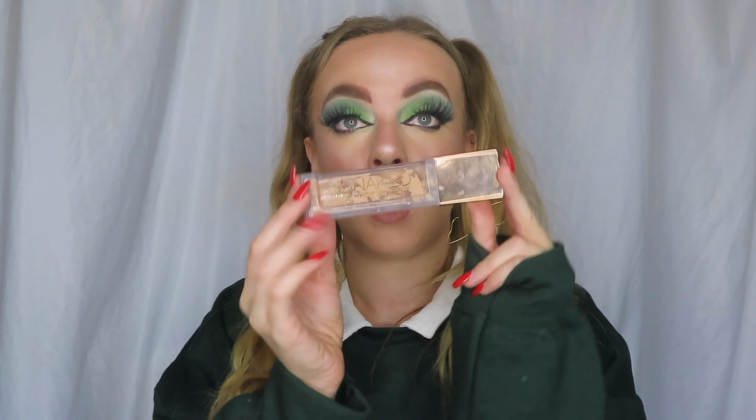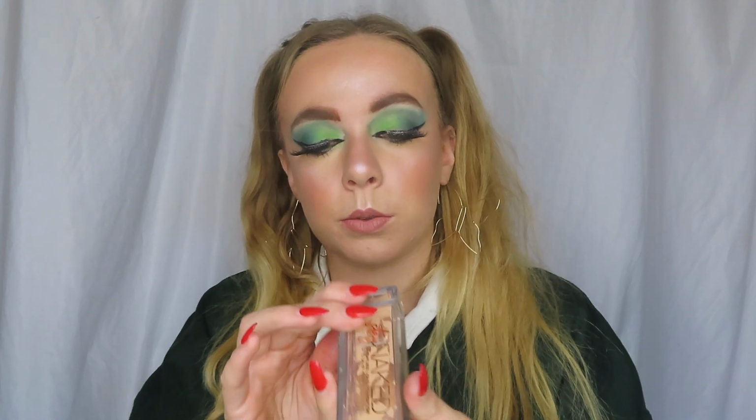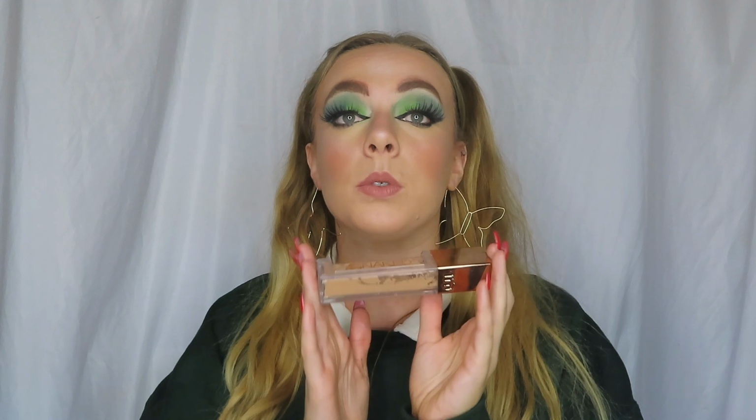So the next one I tried was the Stay Naked Weightless Liquid Foundation from Urban Decay, and this is what it looks like. It's got a really cool bottle. It's got a bit of an indent in so you can carry it, and again it's got a pump, and this was in the shade 40CP. I used this after the Charlotte Tilbury one, and I would say this was actually my favourite one that I tried other than Fenty